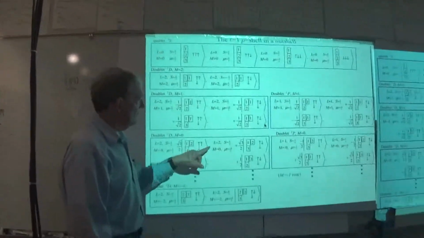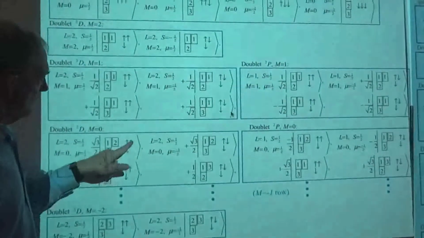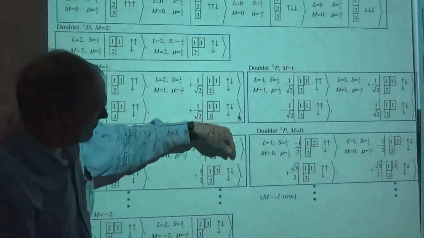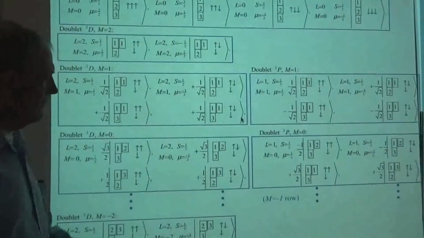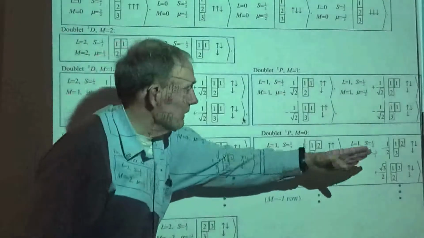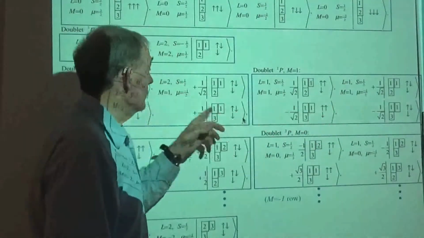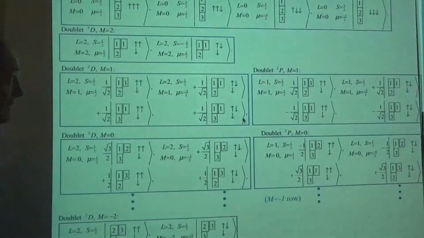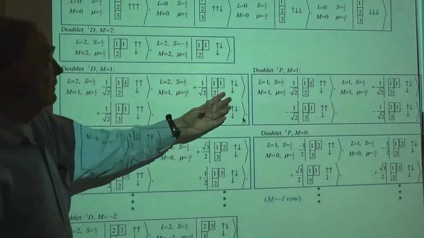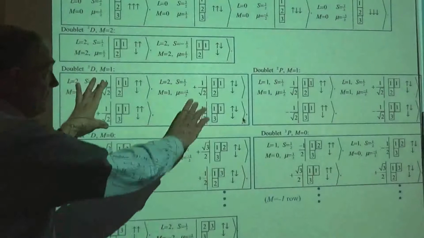The only difference between this and this one is the spin here has been turned down. And that's also true for these two right here, and for these two as well. The spin gets turned down for the second state here. Doesn't affect the orbit